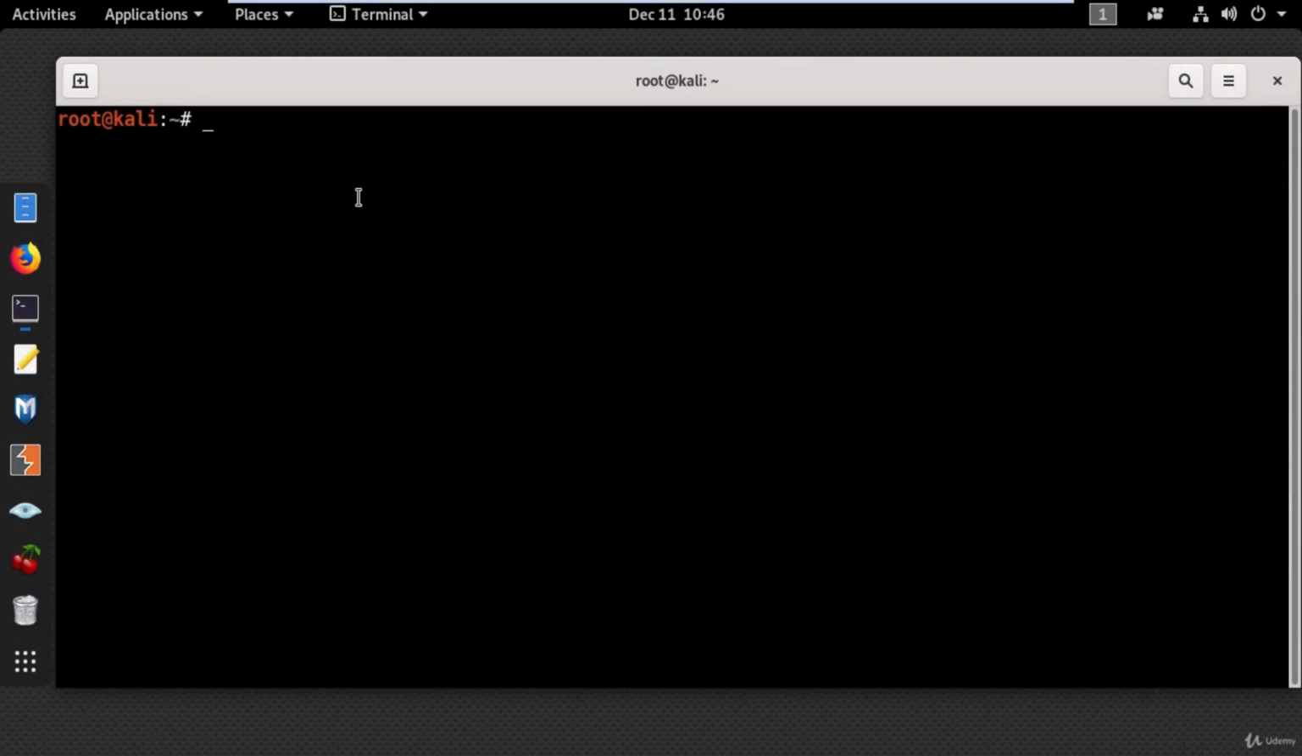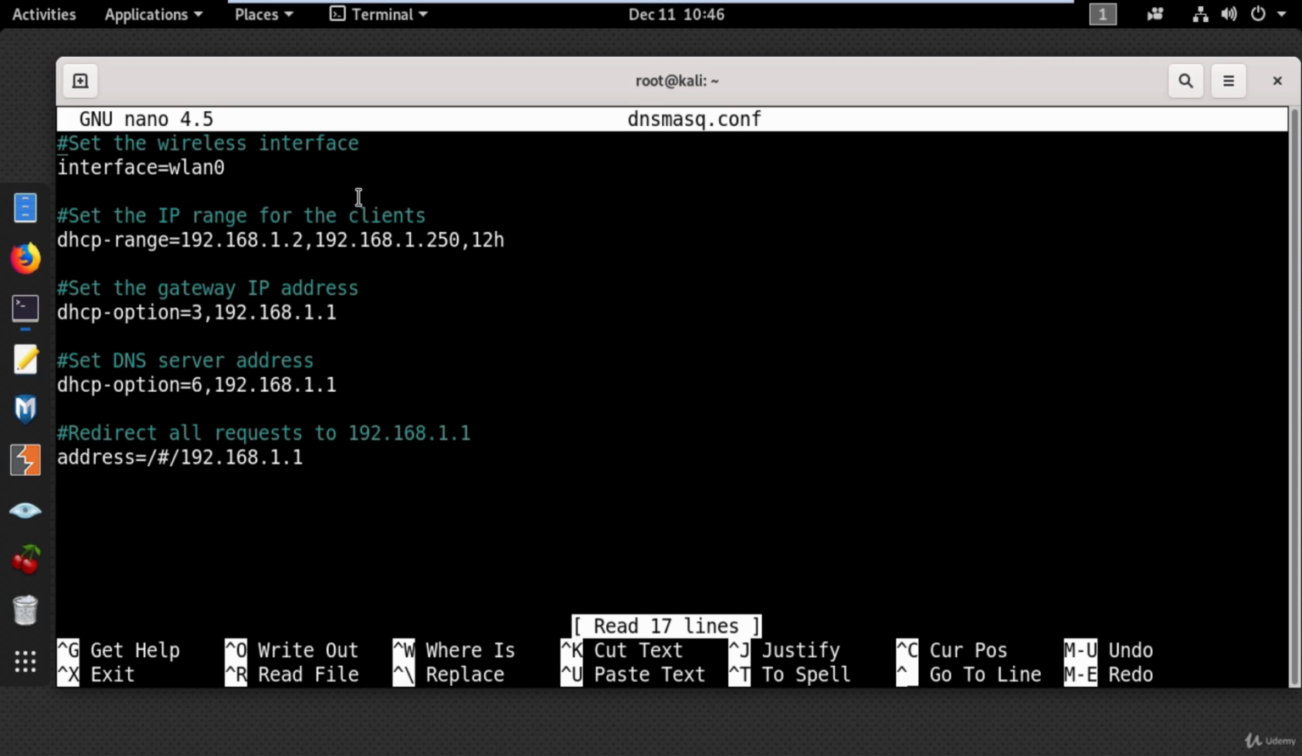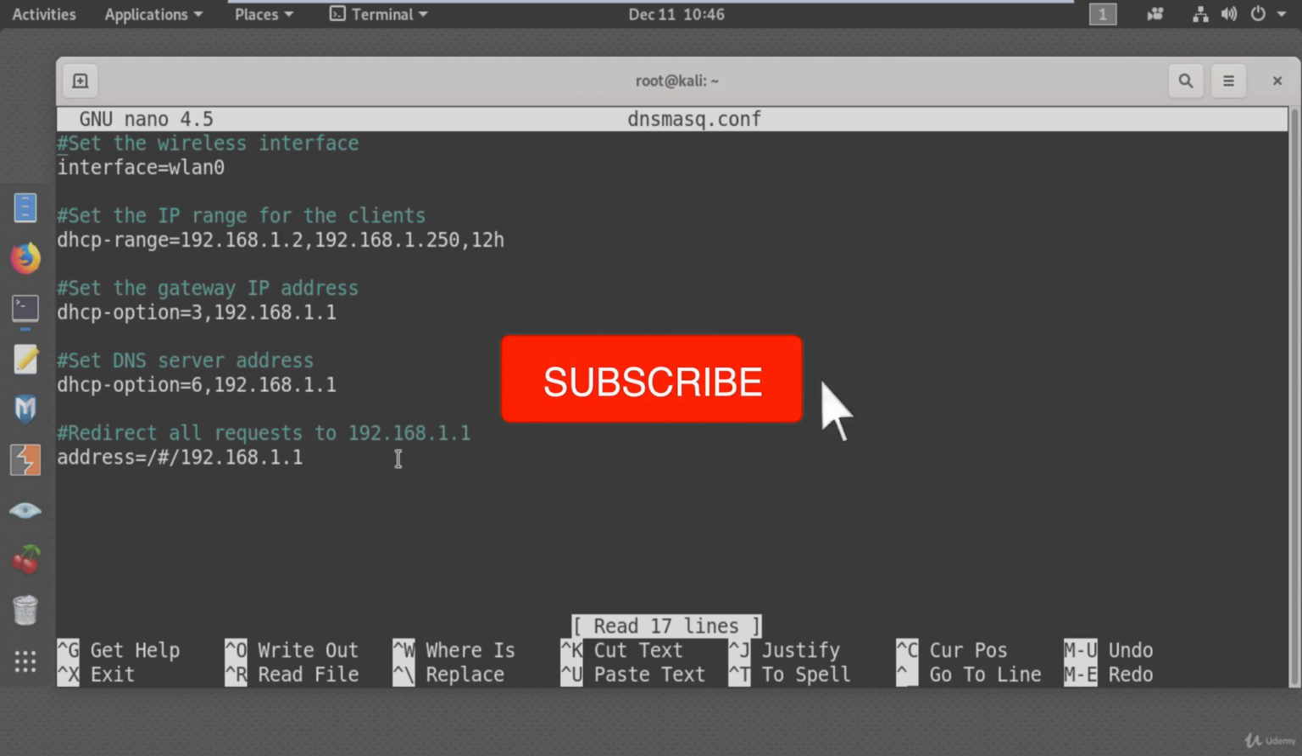Okay, so in this video I'm going to teach you how to enable a captive portal login page on your access point. So first off, I will open the dnsmasq config file using nano and the name of the file. And here on the last line I have added the IP address for the login page. Basically this will redirect any request from the web browser to this IP address when clients connect to the access